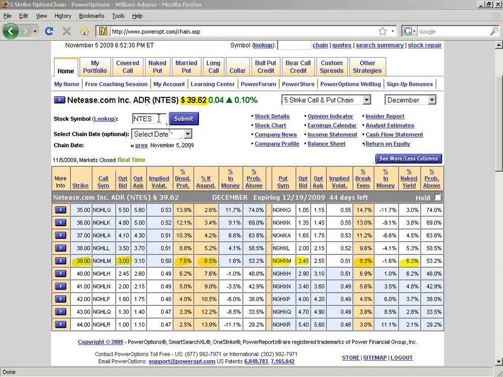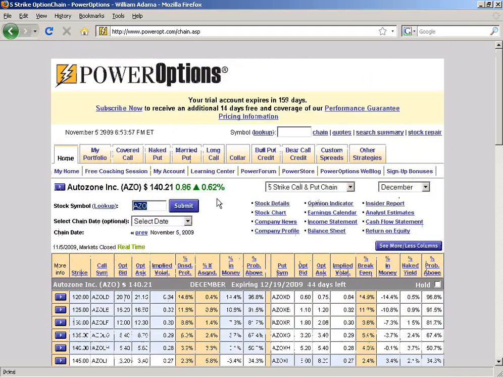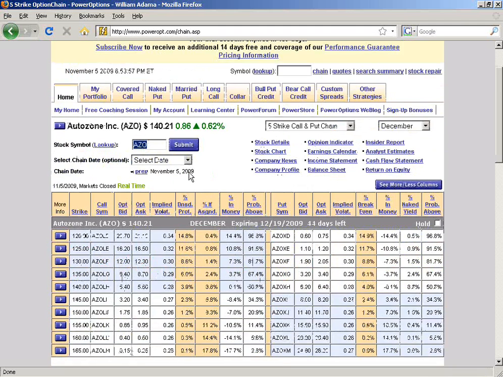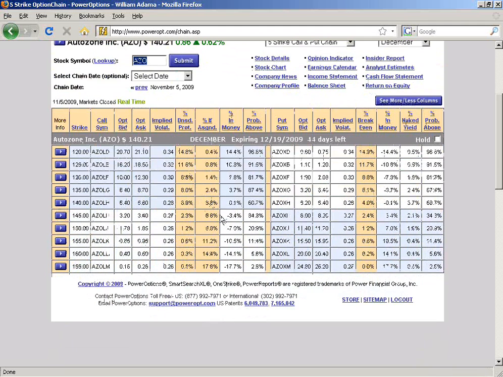Let me just do AZO. You kind of get the idea of what we're doing. Maybe I'll just do one or two more. I saw AZO come in. Go ahead and hit submit there. AZO, AutoZone, 140.21. Hey, this is good. This is a good right at the money example. Stock's at